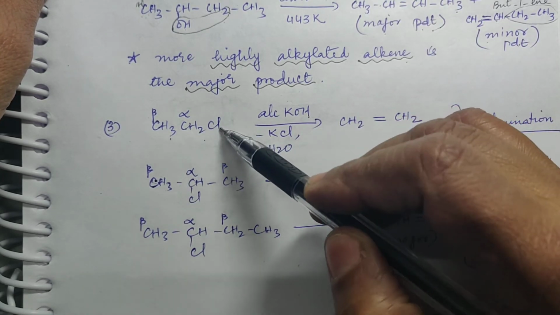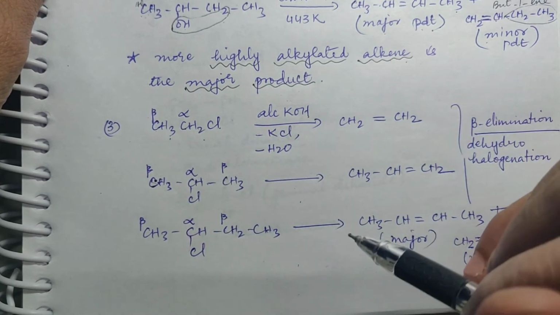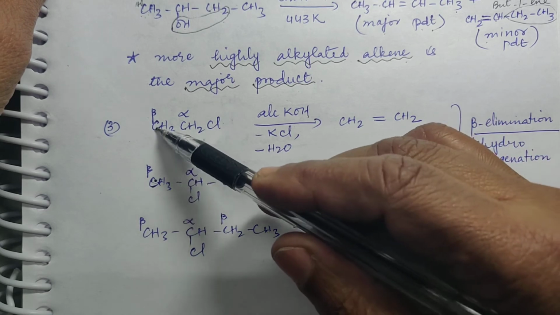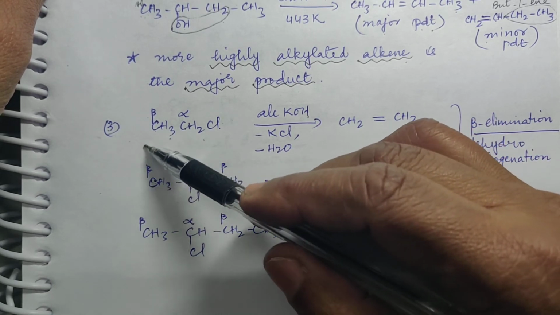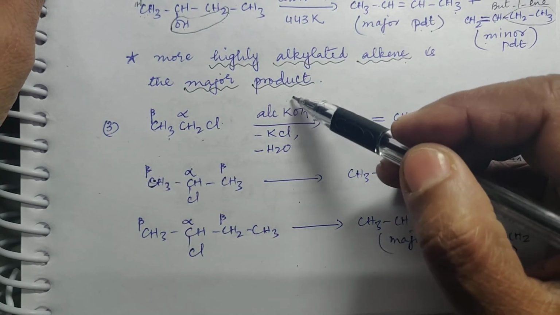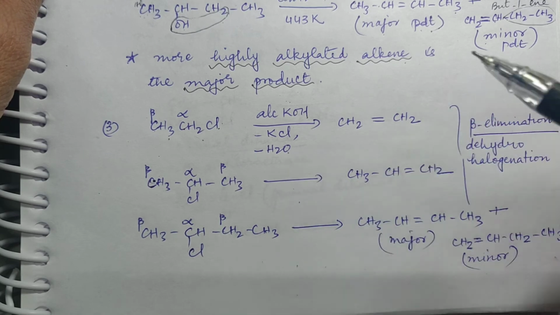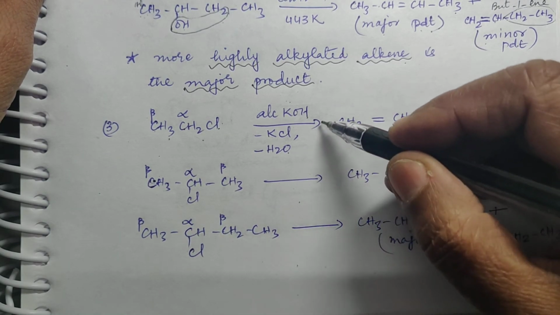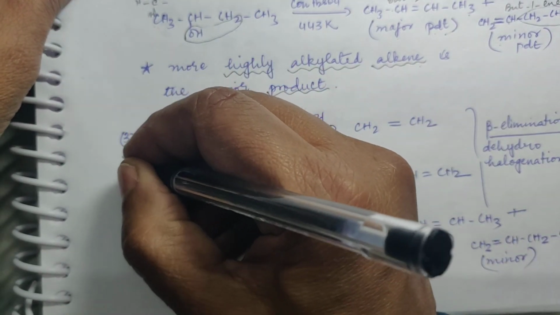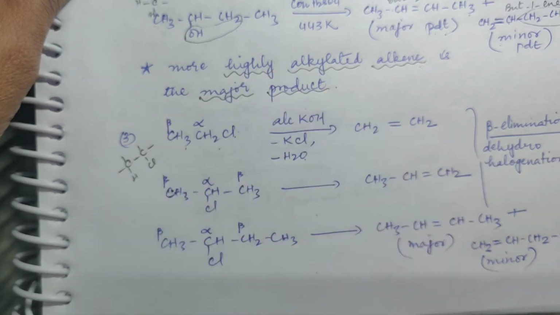The carbon holding Cl is called the alpha carbon and the adjacent carbon is called beta. So alpha में से क्लोरीन और बीटा में से हाइड्रोजन दोनों मिलके HCl बनेगा, and that HCl will react with KOH to give you KCl and water. Okay, and what is left behind? CH2 double bond CH2. Like if you show it like this, CH3 CCl, this is what you are having.